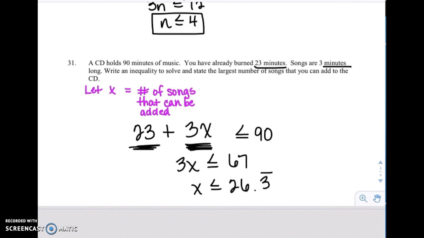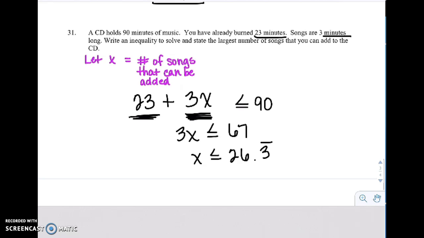So how many songs could we add? Could we add 27 songs? No. Could we add 26.3 repeating songs? No. We want a whole number of songs. So the largest number of songs that we will need